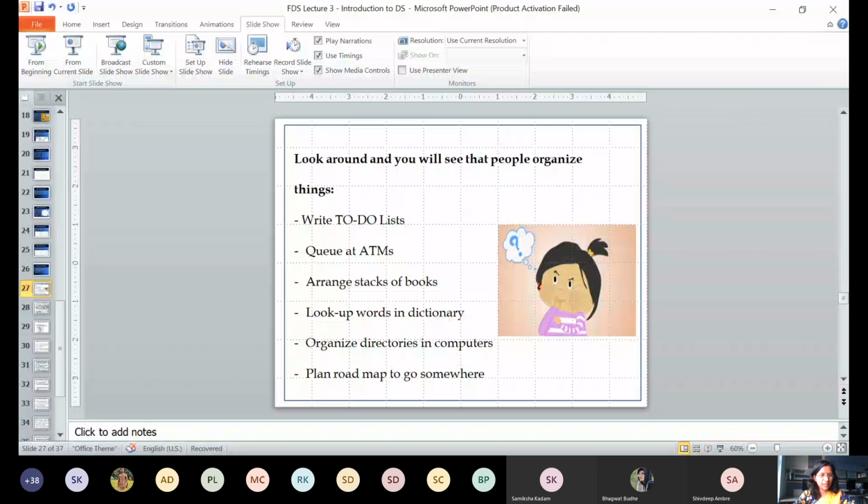Okay, yes. And then the last application, you want to plan a road map. You are traveling somewhere and you want to plan a road map to go somewhere. Now, which data structure will you use? Graph. Yes, you know the GPS system, that is Google Map. Everyone knows.